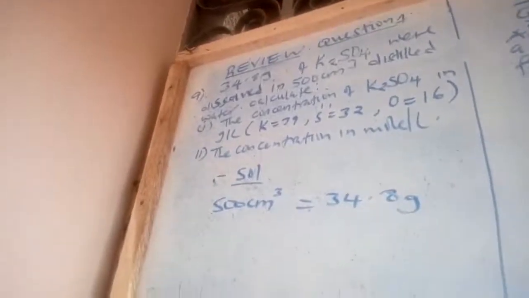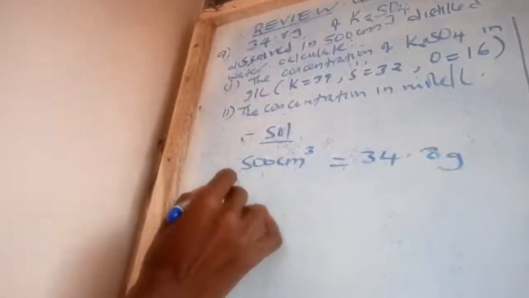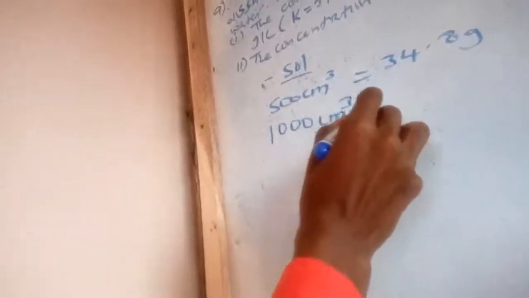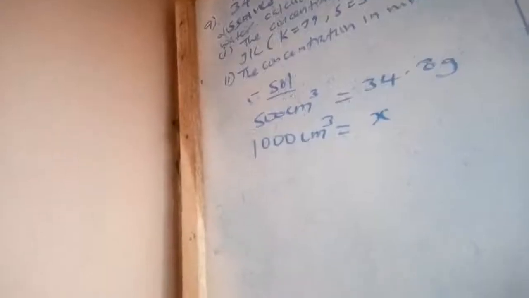And therefore, what about 1 liter? 1 liter is equivalent to 1000 cubic centimeters, which is equal to the value of x there, the mass which